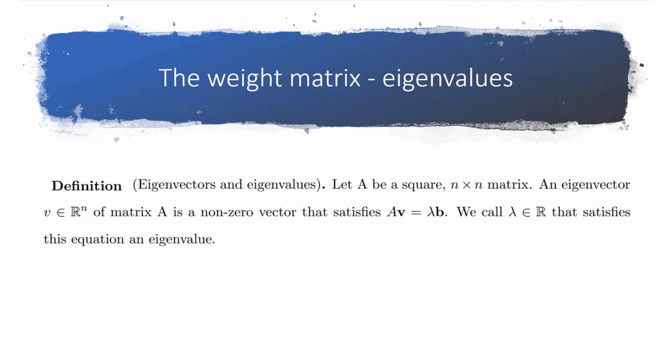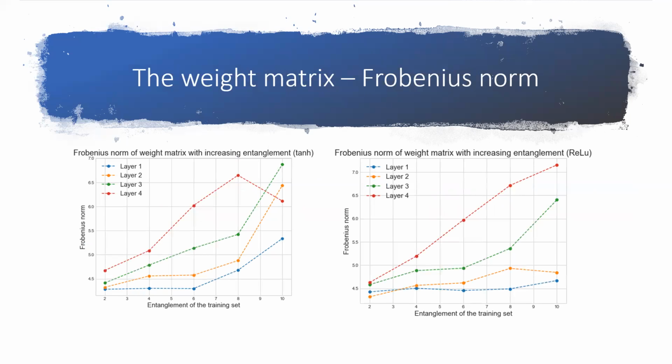Now, ideally, we would be analyzing the Jacobian matrix of the weight matrix and its determinant, but that is very computationally heavy, especially for larger matrices. And so eigenvalues and the Frobenius norm bring the same meaning to this analysis. Starting with analysis of the Frobenius norm, there are two sets of experiments using neural networks with different